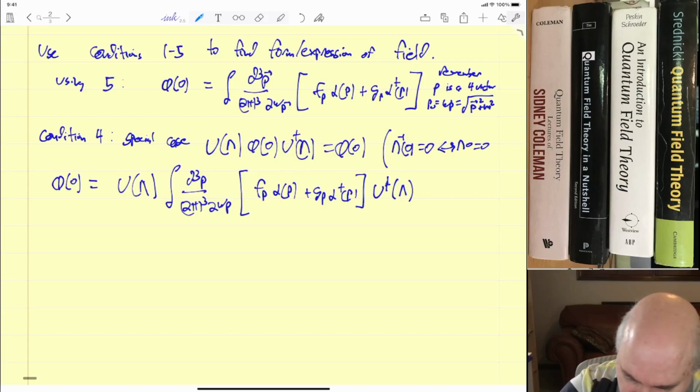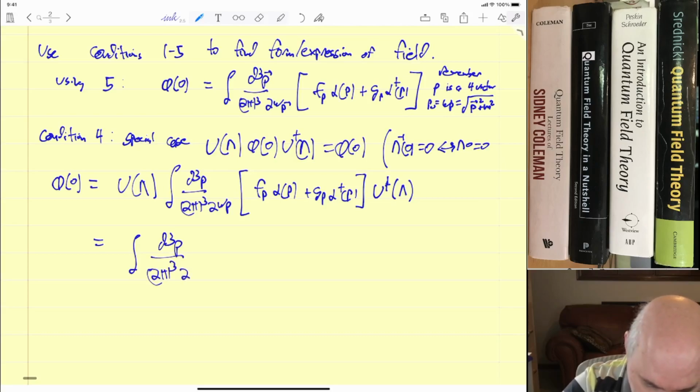Now, these are operators. The U's are operators. Everything else is numbers except for the alphas, which are also operators. So we can move everything inside. This is equal to the integral d³p with the relativistic measure, then f of p, U(Λ) α(p)